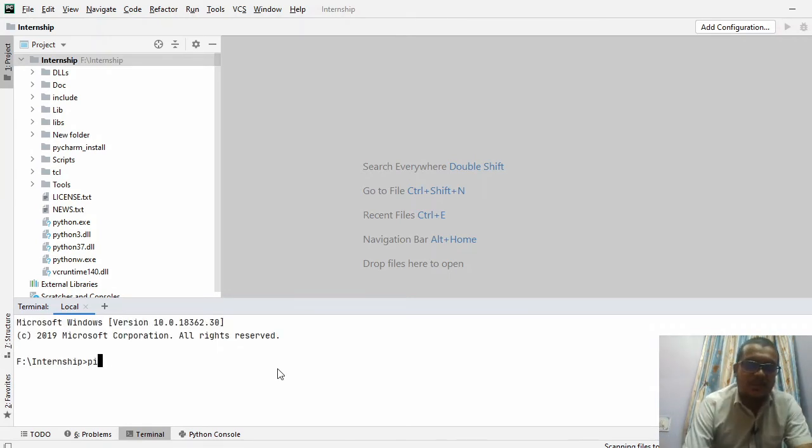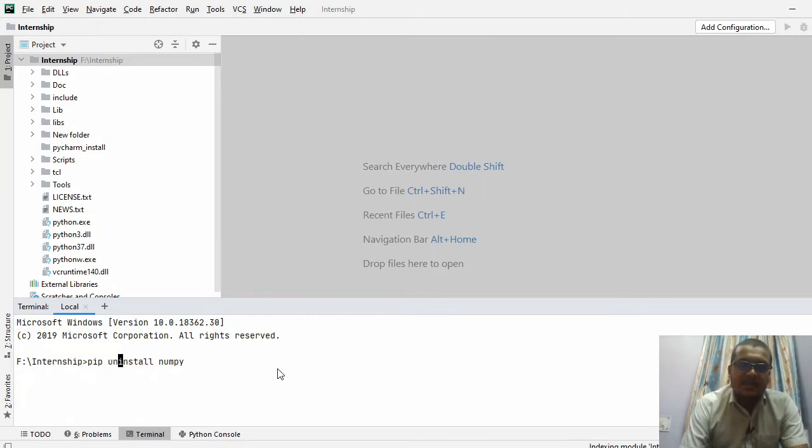As I told you earlier, pip install numpy. You need an internet connection for any type of installation. So it is pip space install, then the package name. Any number of packages can be installed using this method.